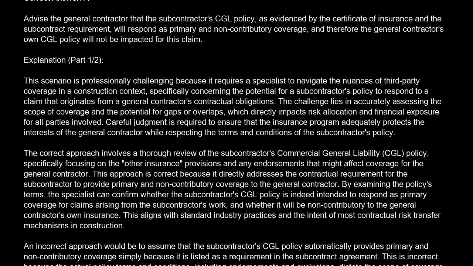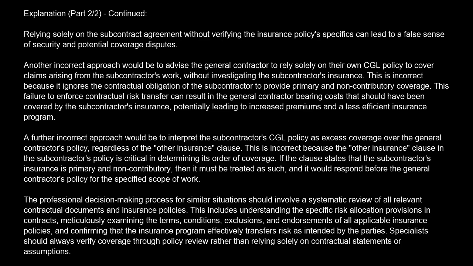An incorrect approach would be to assume that the subcontractor's CGL policy automatically provides primary and non-contributory coverage simply because it is listed as a requirement in the subcontract agreement. This is incorrect because the actual policy terms and conditions, including endorsements and exclusions, dictate the scope of coverage. Relying solely on the subcontract agreement without verifying the insurance policy specifics can lead to a false sense of security